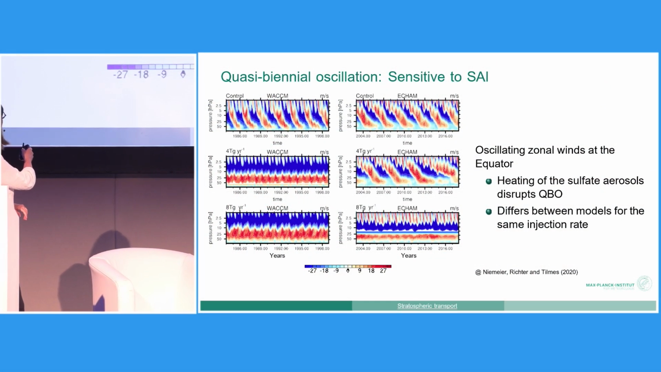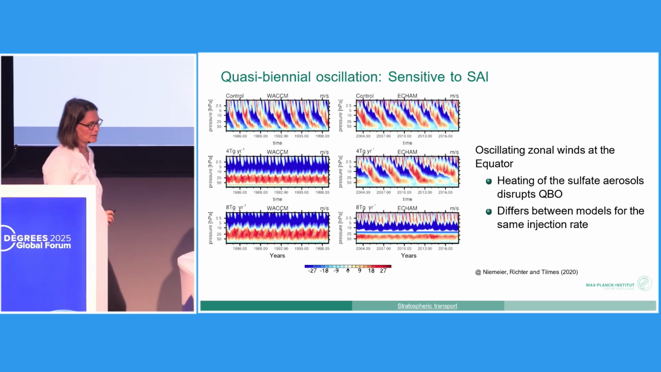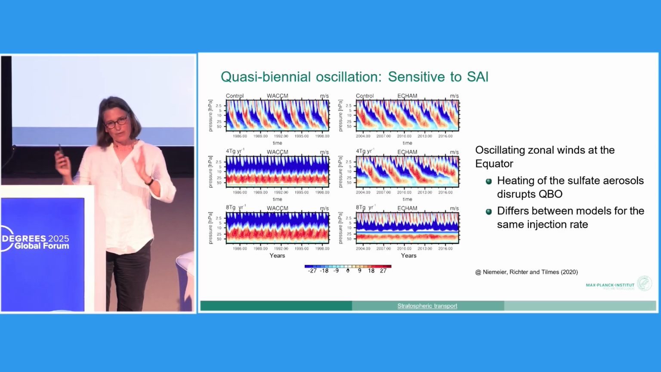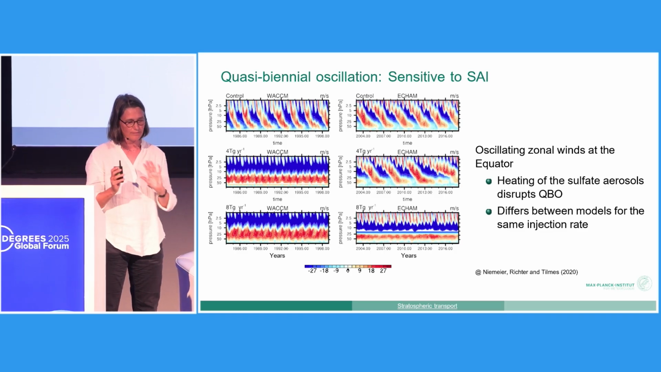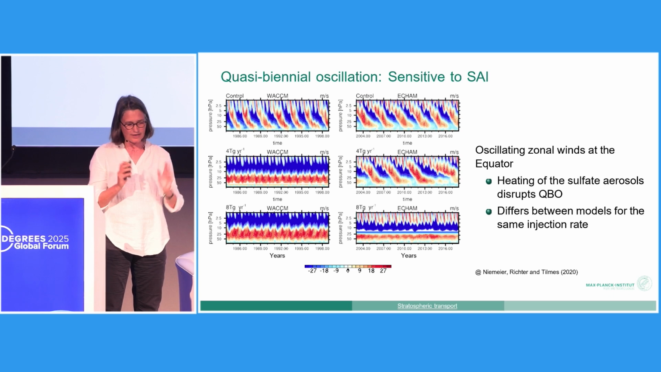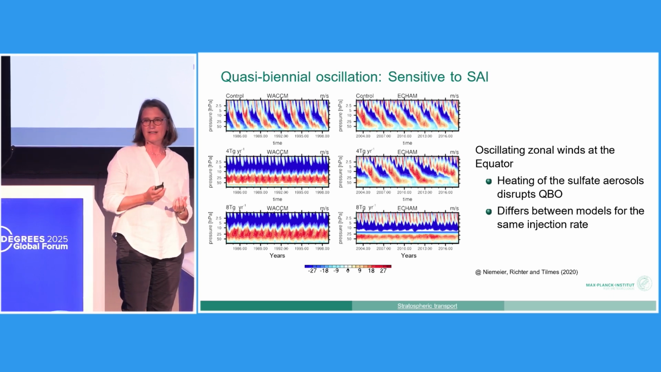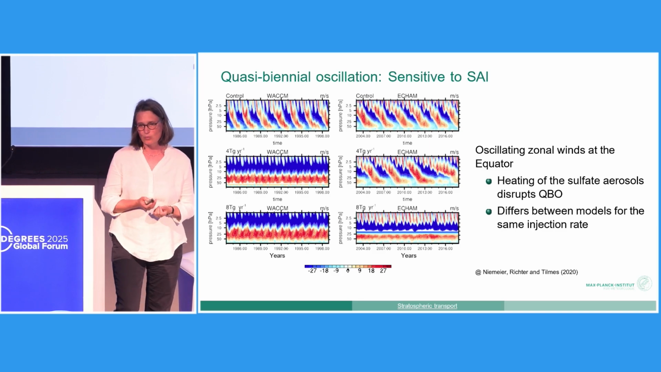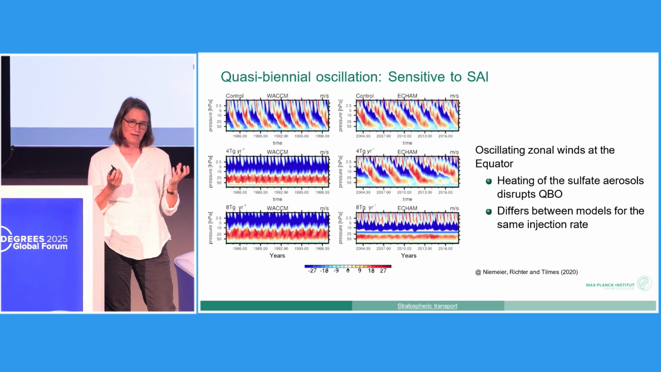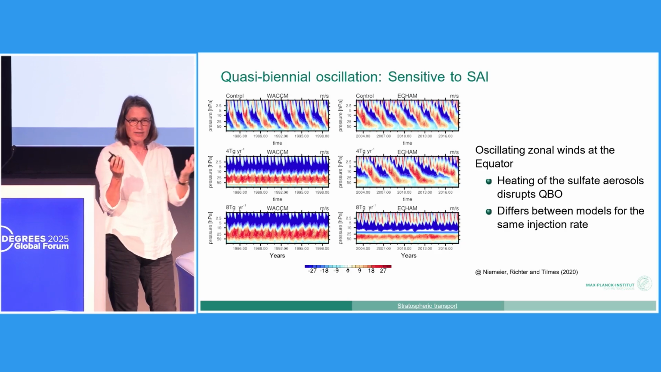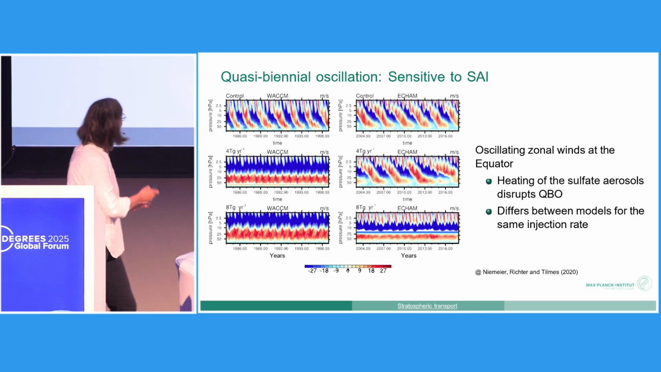It's an oscillation of easterly winds in blue and westerly winds in red that oscillate with a period of roughly 2 years. It's within the tropical stratosphere, in a small band between 10 or 15 or 20 degrees north and south. When we inject sulfate up there, the sulfate interacts with terrestrial and solar radiation, and it gets heated. So this layer is warming, and this warming destroys this QBO,